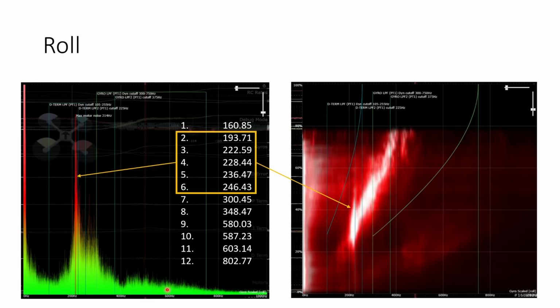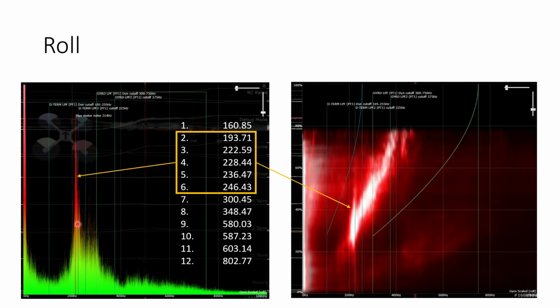We must remember when looking at this gyro-scaled plot that although there is no filtering applied in software, we do have a mechanical low-pass filter that's to do with the soft mounting of the flight controller, and we also have a firmware low-pass filter in the gyro itself at 250 Hertz that is also going to attenuate these higher frequencies. If we look for things that might be frame resonance behaviors,